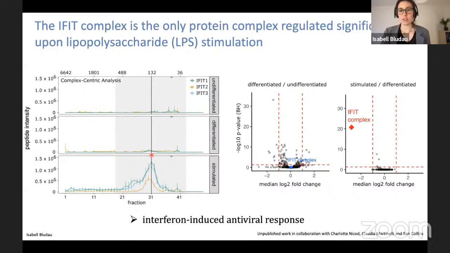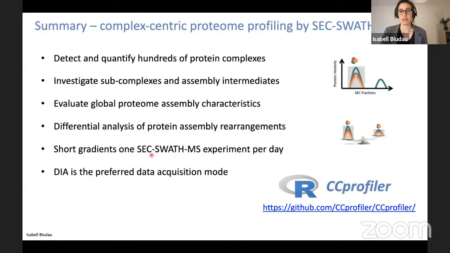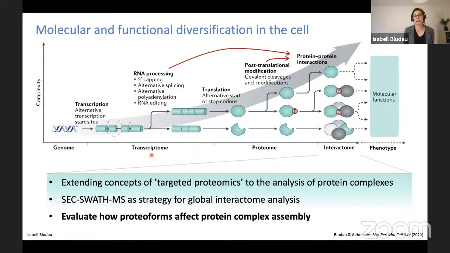Okay, I think these are the questions. So with this, I would now like to go back to my introductory slide where I was talking about the molecular diversification in the cell. And I will now change gear a bit and focus on how different proteoforms, for example, derived by alternative splicing or post-translational modifications, can have an impact on protein complex formation by first looking at how we can actually measure